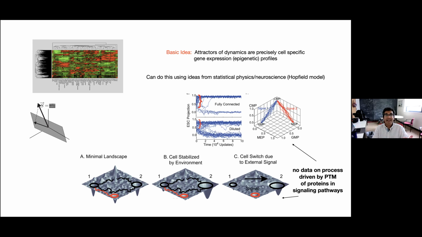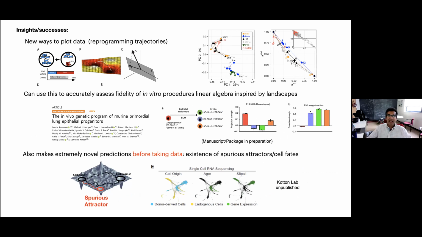A lot of the signaling that allows you to switch between attractors actually happens through post-translational modifications like phosphorylation, methylation, things like that. And we're largely blind to it. So even though we can put the genetics in, it's hard to put in these things. The second thing you realize is that thinking about it in terms of attractor models allows you to plot data in novel ways that often can correct for